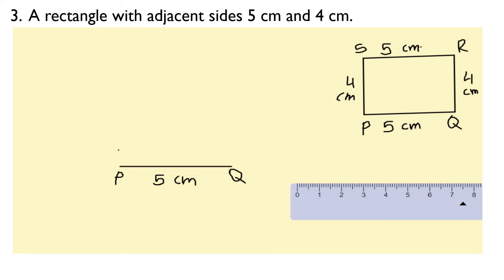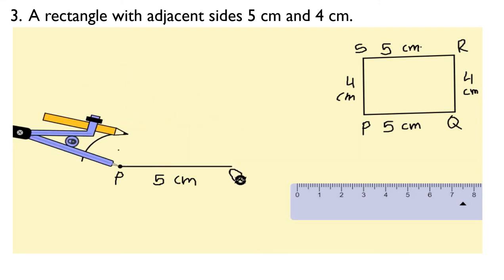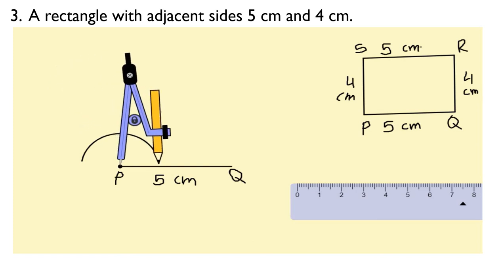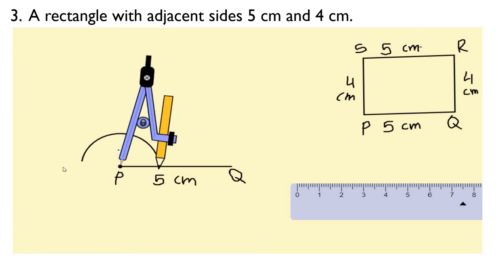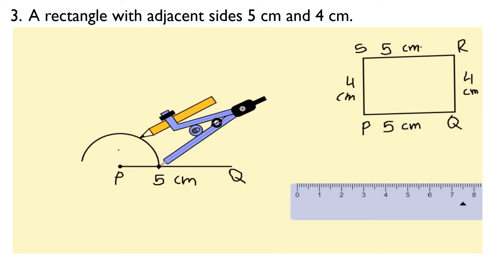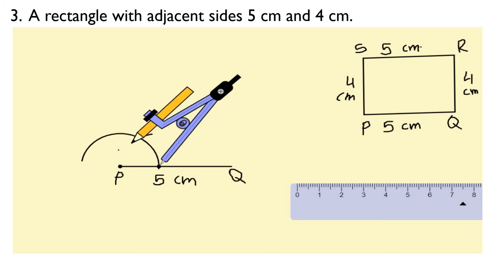Now again we construct any one of the angles as 90 degrees. For that, first we select a radius less than 2 centimeter, that is between 1.1 and 2. We select the radius taking P as center. First we draw a semicircle. Then again, selecting the center as the point of intersection of the semicircle and the line segment, we draw an arc on the semicircle itself which is 60 degrees.